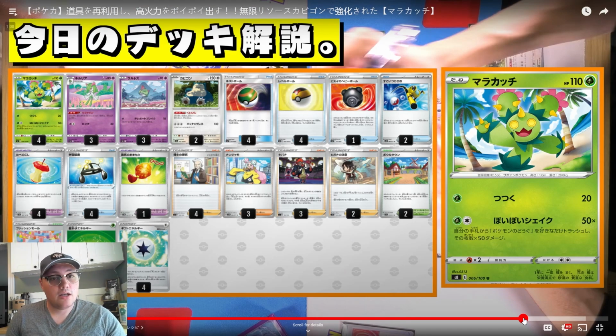Okay, no Boss's Orders or Escape Ropes. If I was them, I would maybe take out a Professor's Research and throw in a boss. We got 4 leftovers, 4 EXP Shares, and 1 Bravery Charm. So you can do 200, 450 points of damage. But these 200 can always come back to you because they only run 2 Snorlaxes as well. Interesting, very interesting